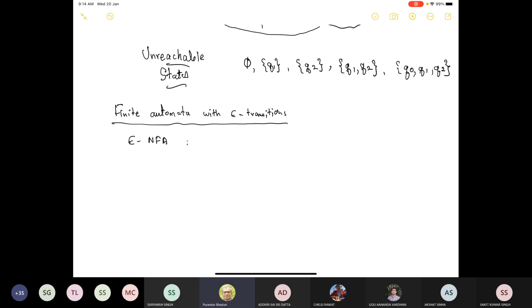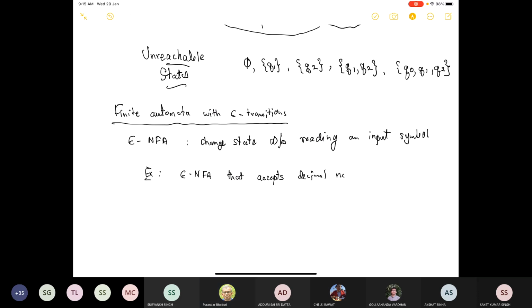Informally, what they can do is they can change state without reading an input symbol. That is, make an epsilon transition. So the transitions can be labeled with epsilon, right? So an example is an Epsilon NFA that accepts decimal numbers. And decimal numbers can be of various forms. You can have something like plus 9.0